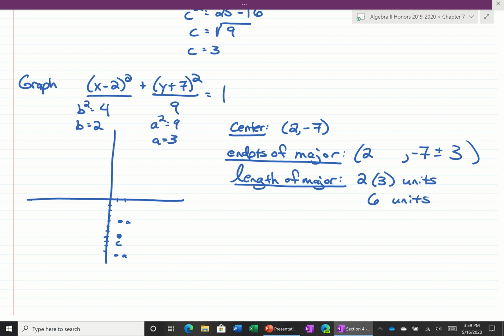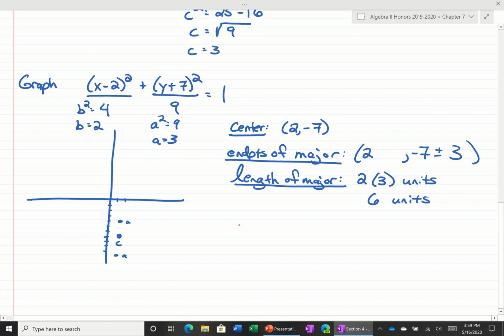Let's work on the minor now. The endpoints of the minor, because it's vertical, we're going to the right and left for the minor, the opposite direction. We're going to the right 2, and we're going to the left 2. I went a little too far. Connect your dots, and you have your ellipse. It's a vertical